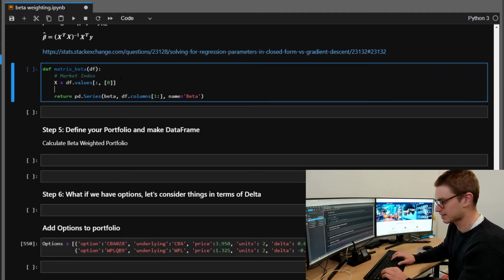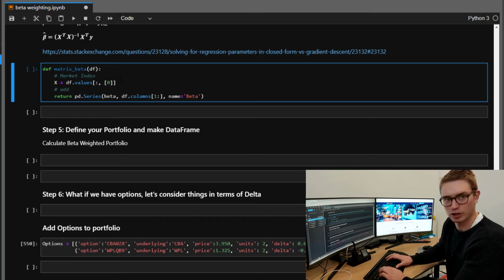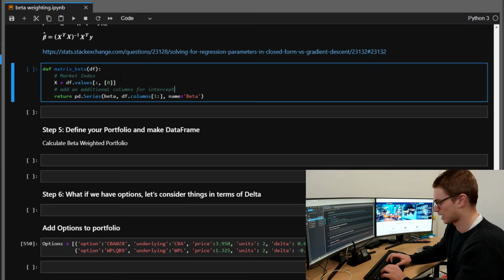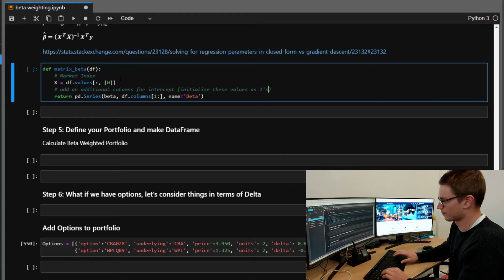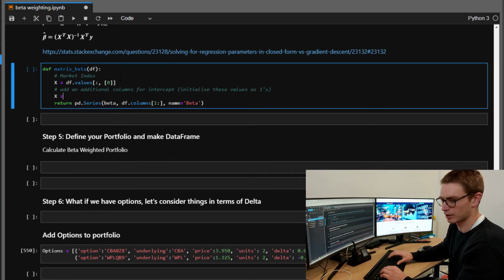Now that we have x, we're going to treat this like it's the final solution. So we actually need to add an intercept column into this matrix. So add an additional column for intercept, and we're going to initialize these values as 1s. The way you do that in Python, we're going to go np.concatenate,